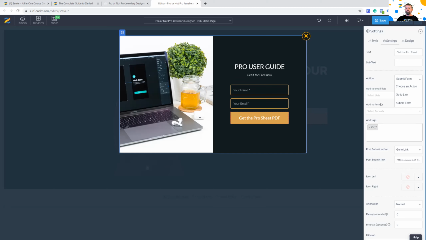So if you need to redirect them afterwards, then use the post submit link to send them to another page. You can click go to next step, so it automatically goes, or you can go to link. When it says go to next step, that's the next step in the funnel. So if you've got them straight under, you could send them to next step. I always use link because I'm a bit of a control freak, so I like to put the URL exactly where they're going to.